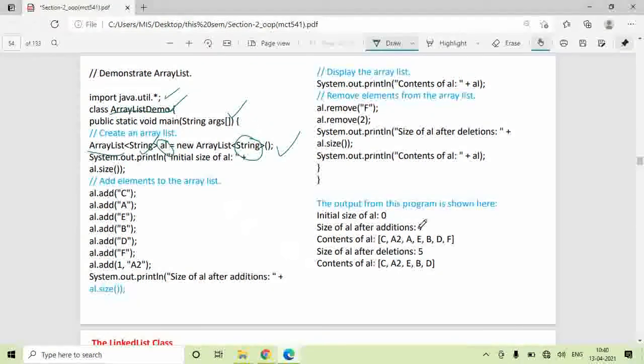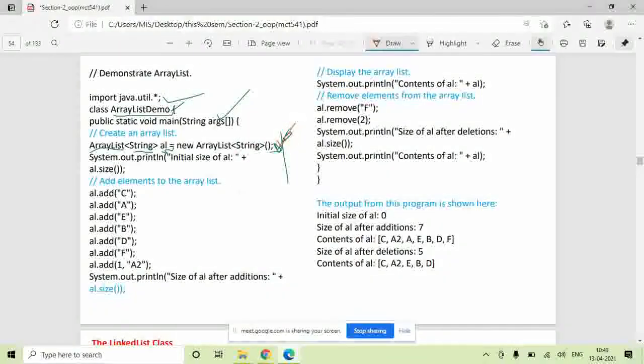Now there are several methods in ArrayList. Now you want to print what is the size of this ArrayList initially. So initial size of ArrayList is al.size(). This size method is already there in the ArrayList class. You need to simply use this method to print the size of an ArrayList. al is the object name.